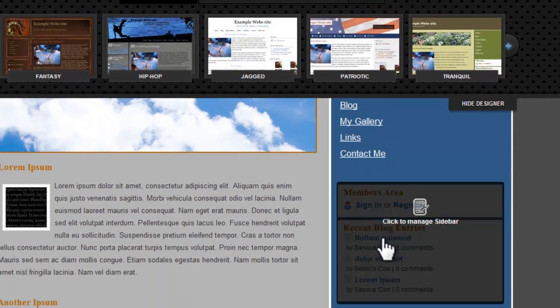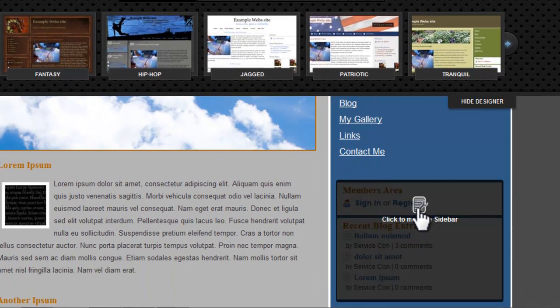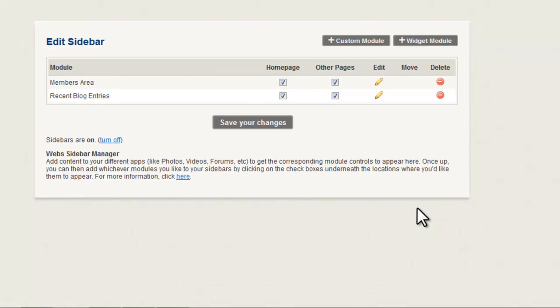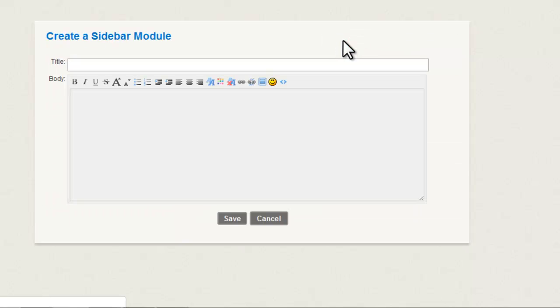You can just do that in the website designer, or just click on manage. We're going to need a custom module. We're not going to add a title. We're just going to edit the HTML. We're going to add a div box here, and we're going to ID it with just something that I can remember it,